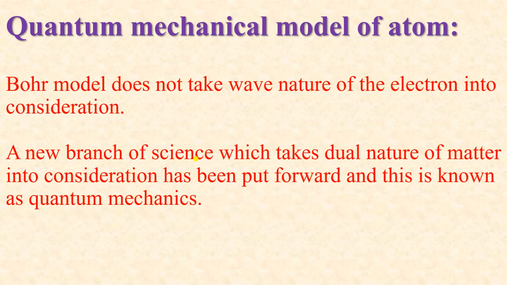Now the next topic is quantum mechanical model of atom. According to Bohr's model, the electrons are moving in a fixed circular path. But a path can be defined only when velocity and position of the electron are known exactly simultaneously. Now Bohr's postulate was contradicted by Heisenberg uncertainty principle, which states that it is impossible to find out exact velocity and position of small size particles simultaneously with high accuracy.